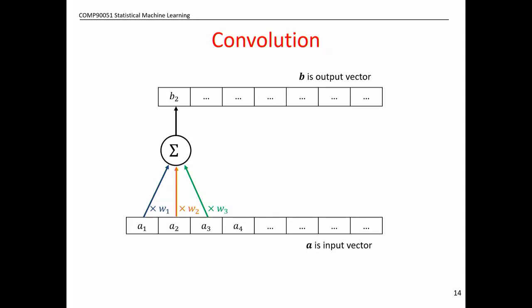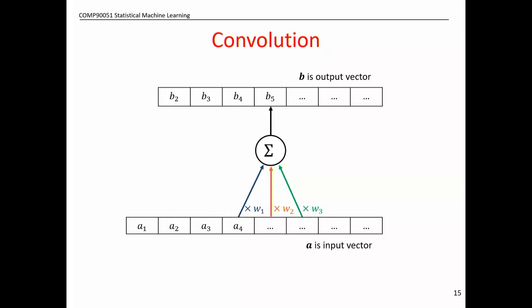Now for the second difference, what if I want to compute the next one? I slide the window along, and I don't change the weights. Okay, so I've shared the weights. So that's the second difference. And so all I do is slide this window along with the same weights, and take the same weighted sum, the same dot product as before, with the same weights sliding along the previous layer. And so that operation is called a convolution. So it wasn't invented with neural networks. Convolutions are an extremely old kind of operation.